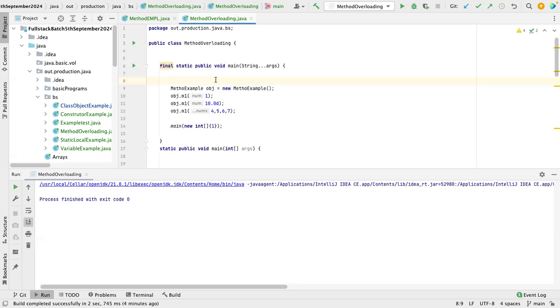There is no need to create an object, right? So here what happens: the JVM needs to call the main method without creating an instance of the class. JVM doesn't want to create an instance of the class, because who creates the instance? We are creating it, right? And since a static method belongs to the class itself,